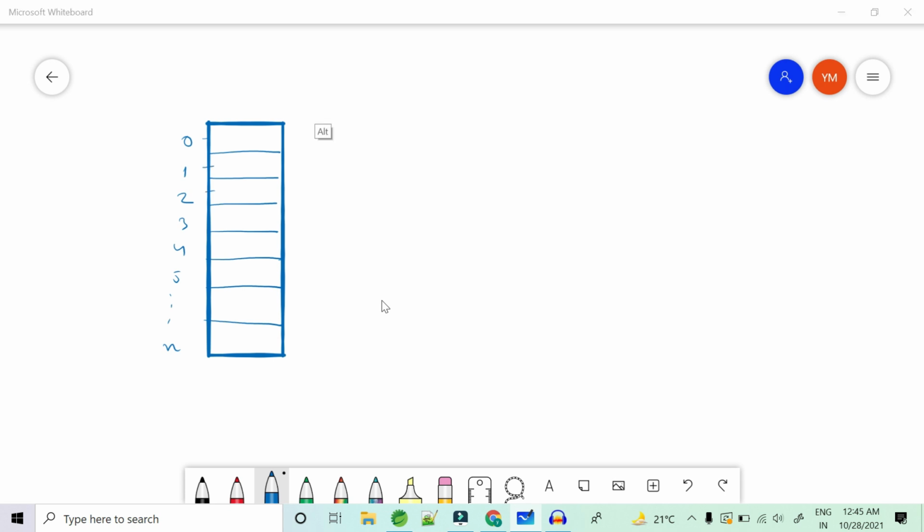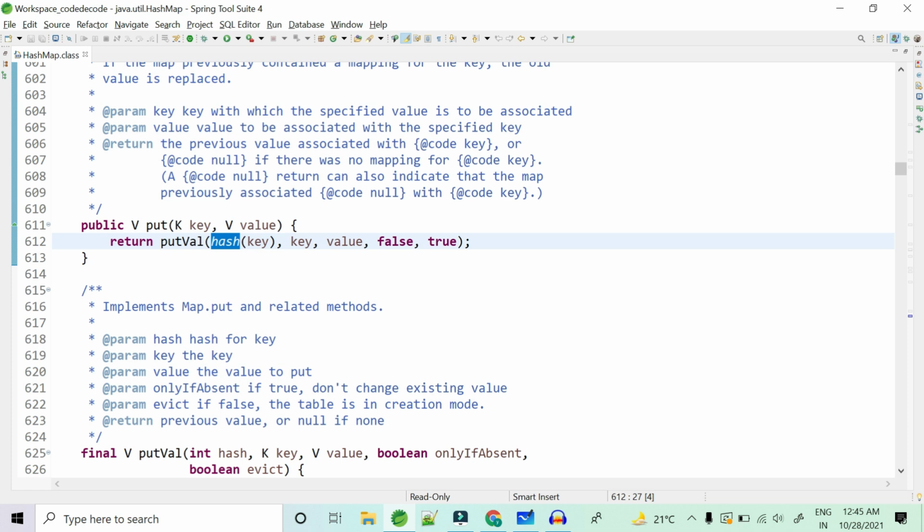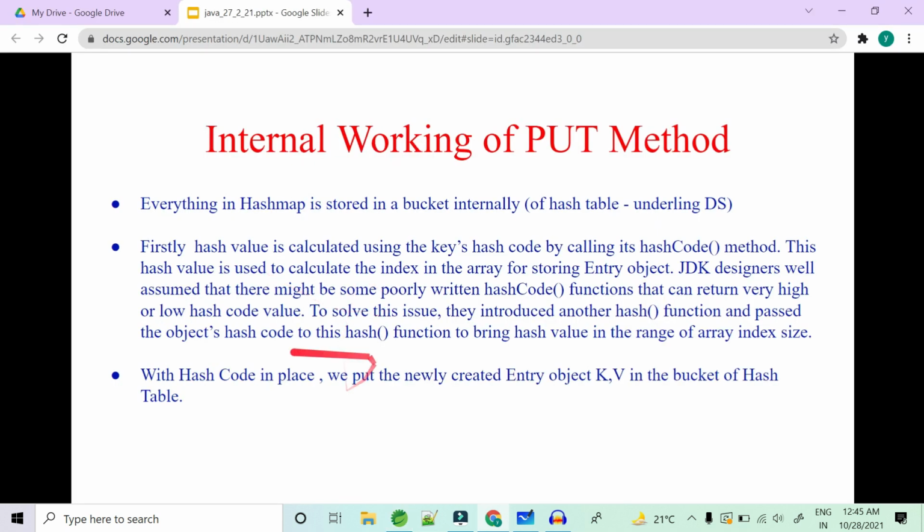So what does the put method do? The put method gets a key and a value. The first thing it does is calculate the hash from the key, and that will be the place where you create your entry object and store it with that key and that value. They have already created an internal hash method for you.